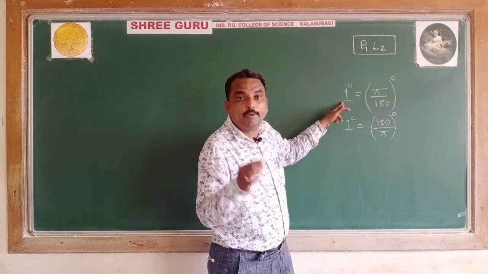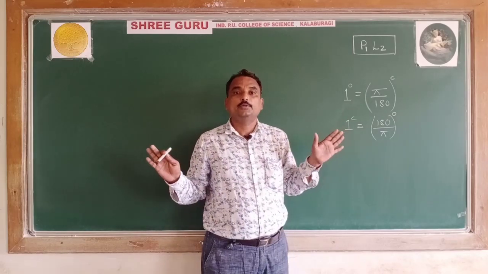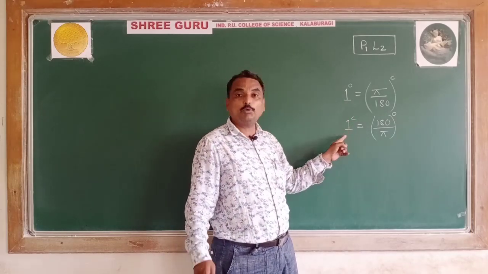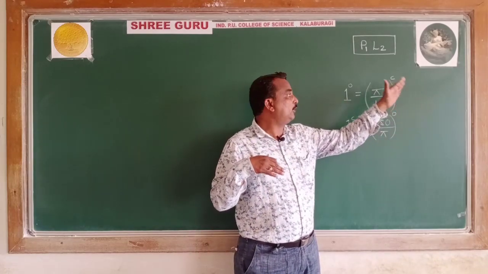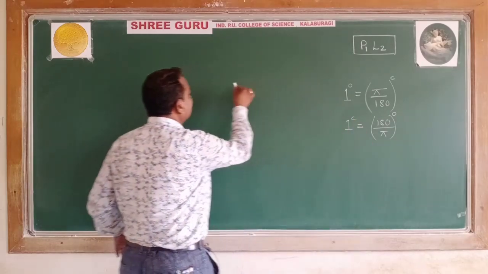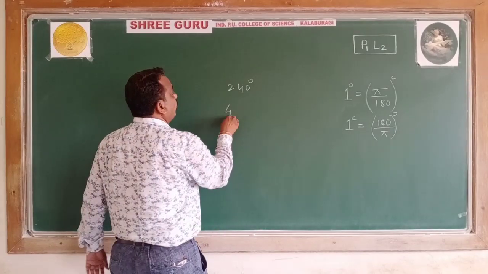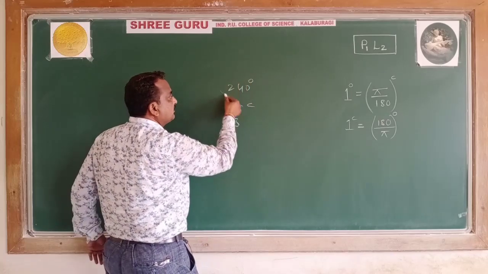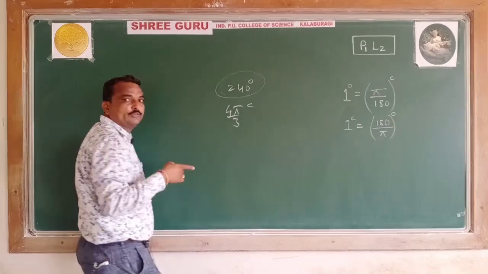In part A, you have 10 questions and there are no extra questions. You have to solve all 10 questions. In that, one simple example will be asked, either conversion of degree to radian or radian to degree. Afterwards, I will discuss the question paper pattern. Such examples: convert 240 degree in terms of radian; convert 4 pi by 3 in terms of degree. Just these type of examples we discussed in the previous class.